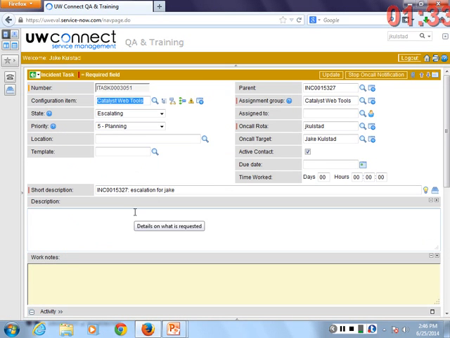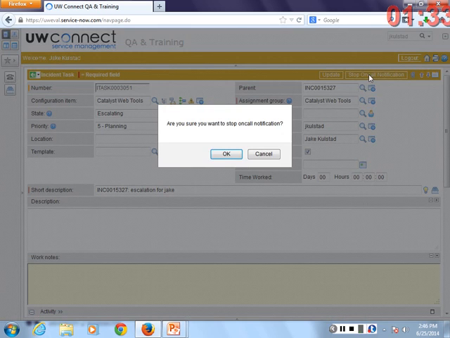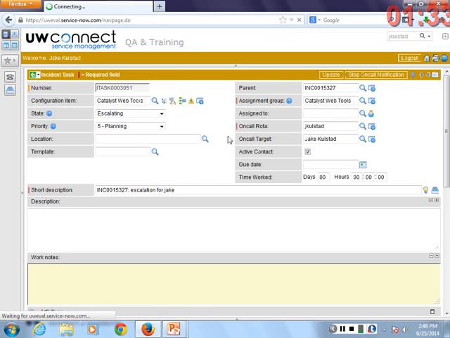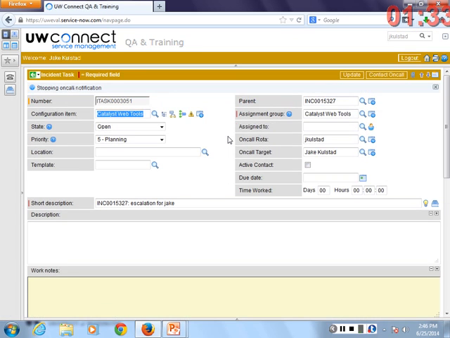All right, I can see this. It's the middle of the night or I'm on a bus somewhere. I log in. I can then stop the on-call notification system, and this would prevent the system from paging the next person on the list. That make sense?